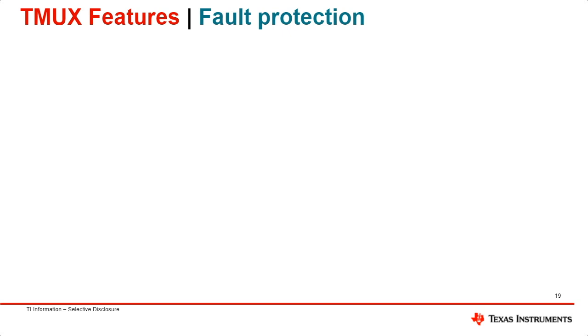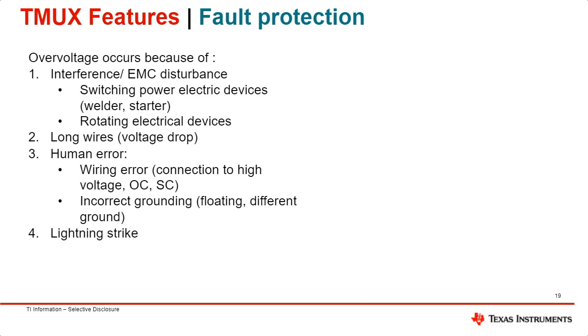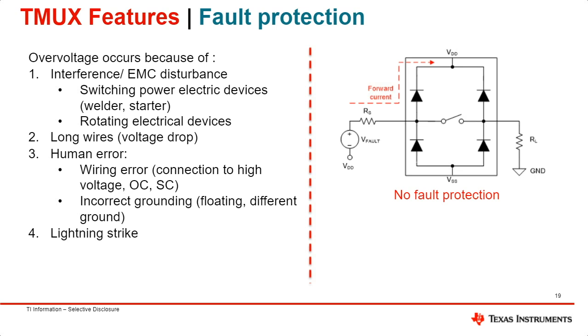Fall protection is another protection feature. Basically, fall protection applies whenever the device is on and there's a signal on the source pin or drain pin, the input pin per se, that is higher or even much higher than VDD, or lower than VSS. For example, VDD is 5 and you're getting an input of 10 volts, or VSS is negative 5 and you're getting an input of negative 10. It can occur for multiple reasons: interference, an EMC error, or even a lightning strike.